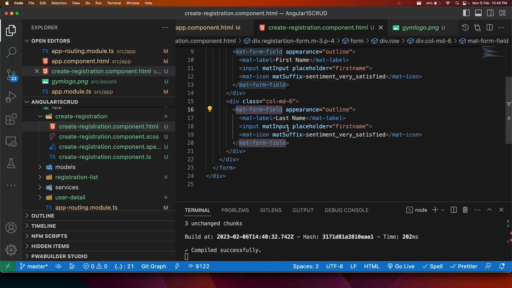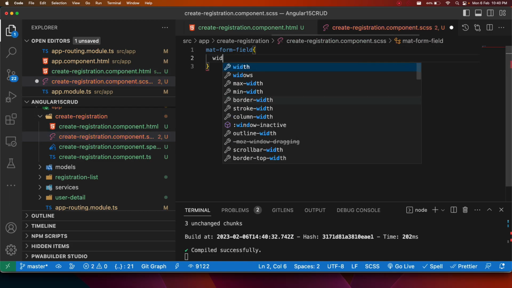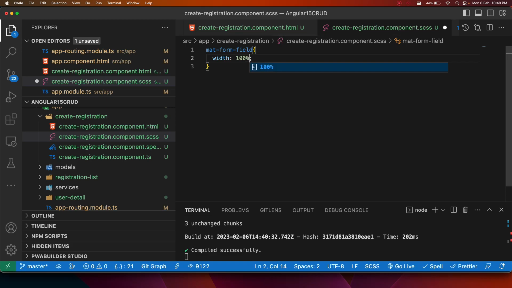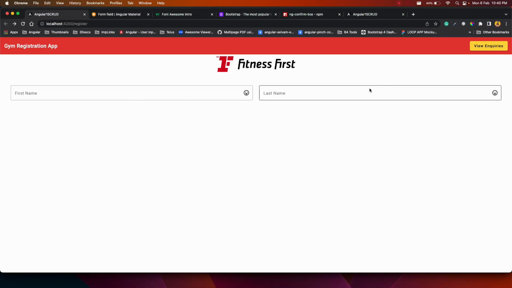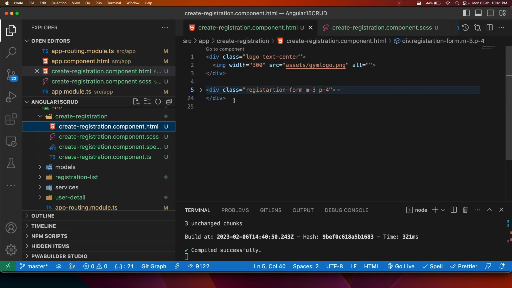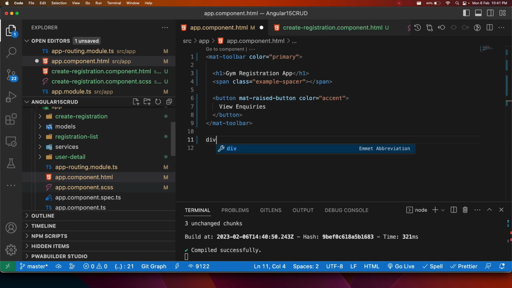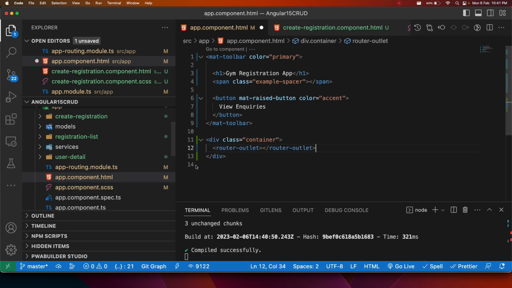So what I can do is copy this form field, go in the SCSS, and say that the form width should be 100%. Can you see now it is 100%, but again this is taking my whole space, so I want to make it in the center. So either I can turn this div into a container, or else I can directly go in my app component.html, copy this router outlet, create a Bootstrap container and put it inside that,